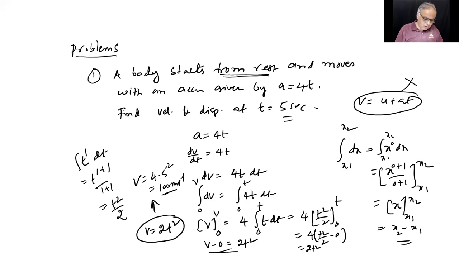Actually, run it all over again. Sir, the velocity is 50 meters per second. I made a mistake: it's 5 squared. Okay, we'll see that. Tell me, T square, V is equal to 2 into 5 square. 2 into 5 T square is... sorry, that's 25 into 2. That is 50. Right.